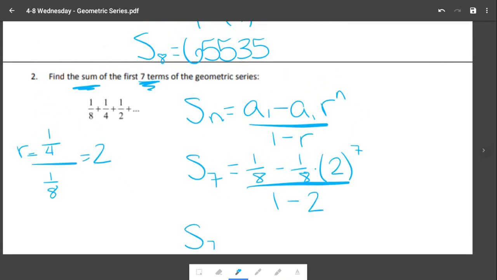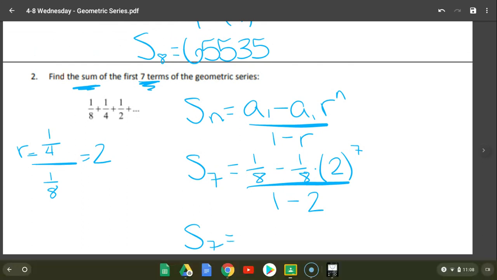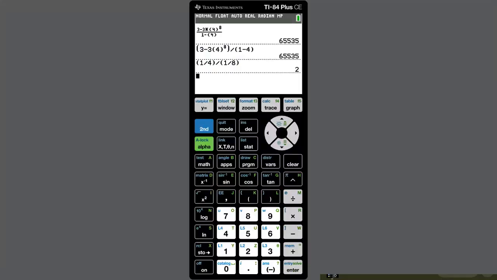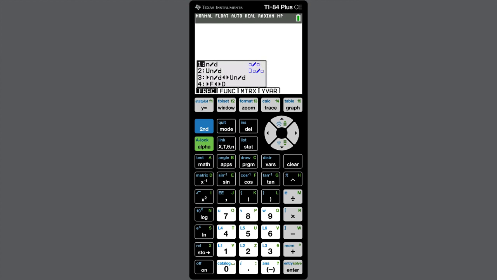And now you can plug this into your calculator. Again, I recommend on the calculator, alpha the green button, y equals top left, first one. I think you are less likely to make a mistake. Individual fractions, I always put in parentheses. So if you look at how I am typing it in,